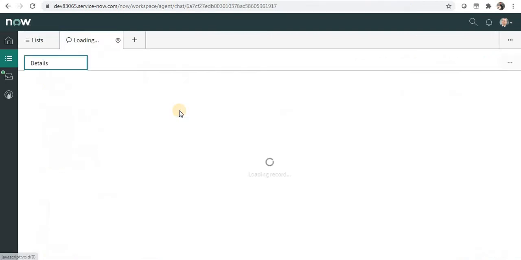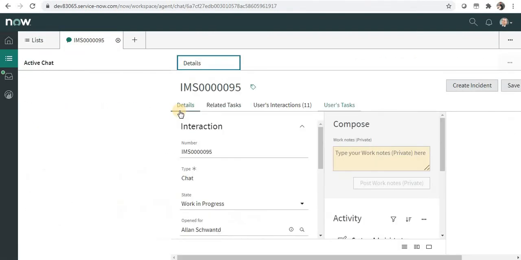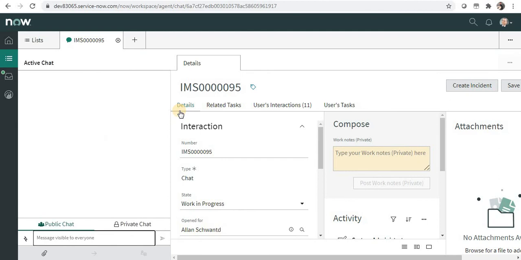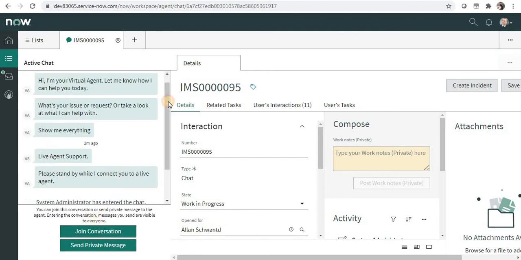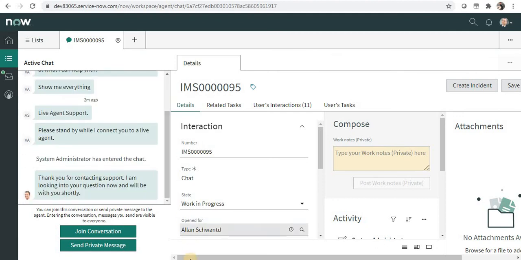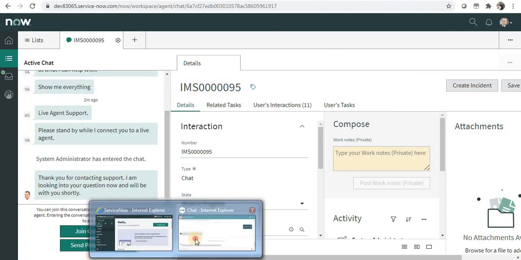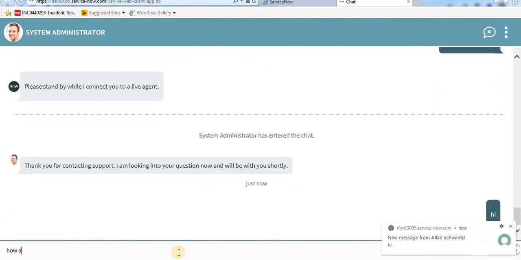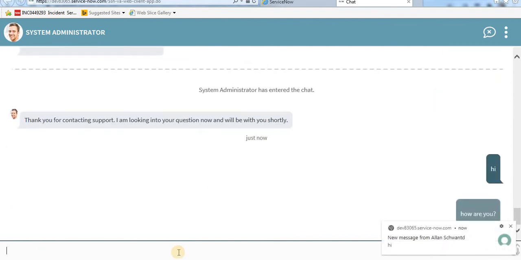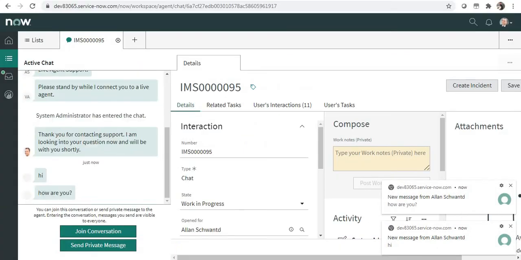If you go here, this chat will be automatically loaded, and you can see the chat history is available here, and anything the end user and the agent chat will be available here. So David Liu can see the live chat going on, and he can join the conversation or send a private message as well.